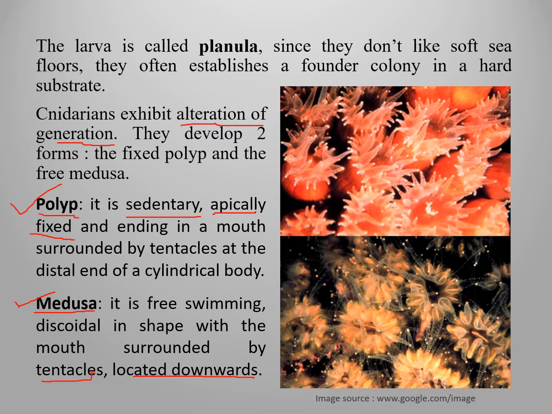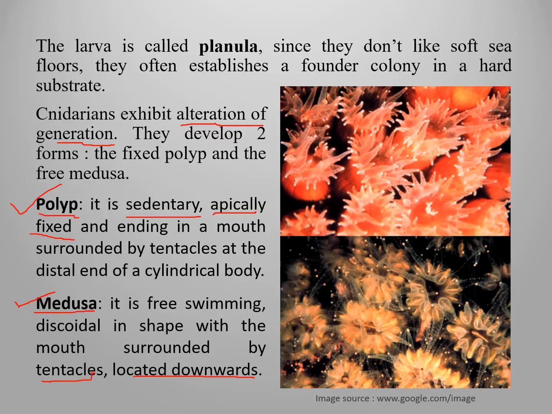Now, these two forms, the polyps and medusas, occur at different times, and they look somewhat different from each other. So they are also known as temporal polymorphs. As cnidarians show these two polymorphs in their lifespan, this phenomenon is known as alternation